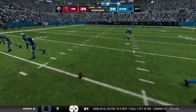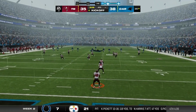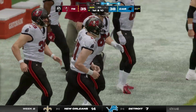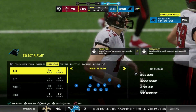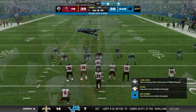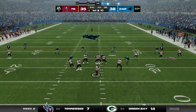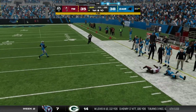Here's Hecker's kickoff. This will be fielded by Bush at the 2. And he'll bring this up to the 23. Out comes the rookie Walden after throwing his first interception of the afternoon, his 13th of the year. What can Carolina's defense do? As this is floated toward the sideline. And they're...